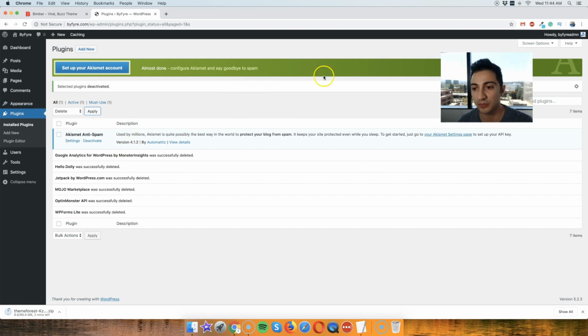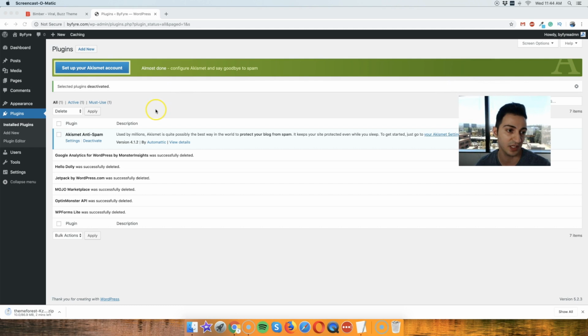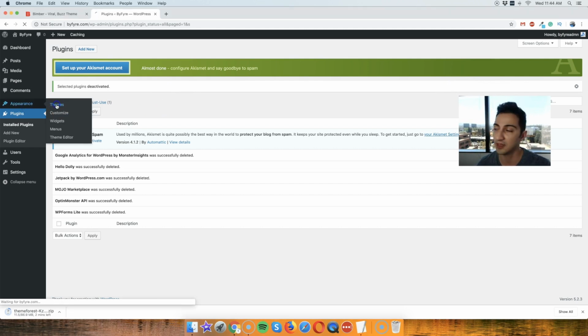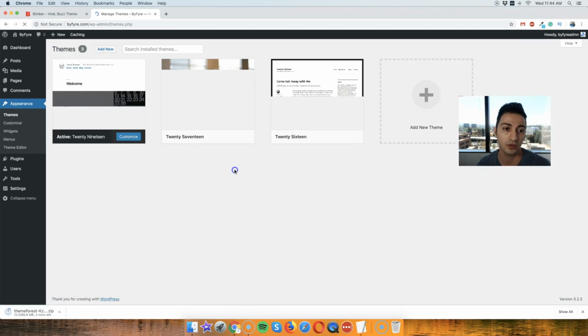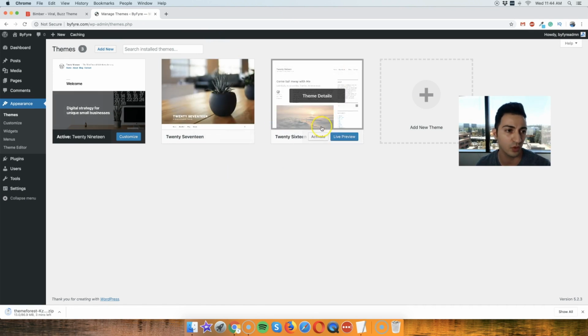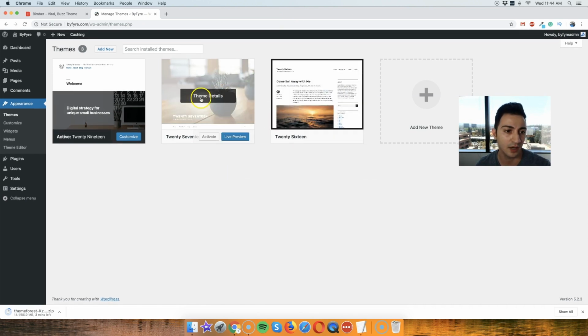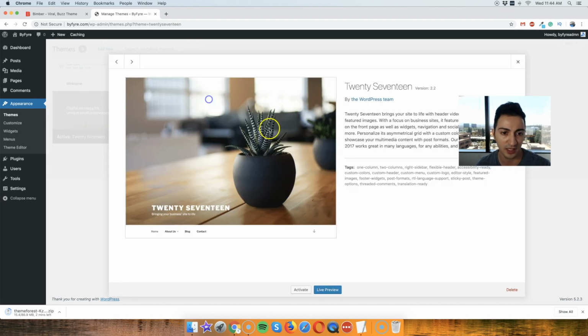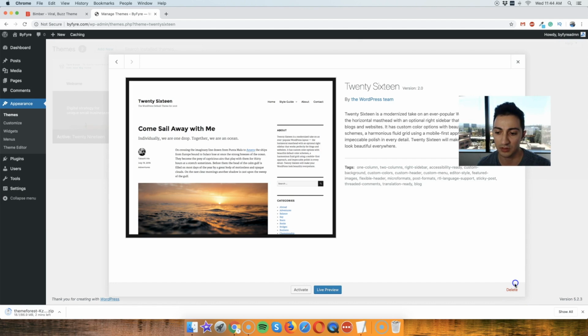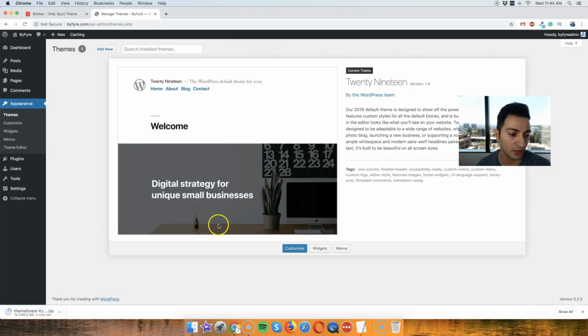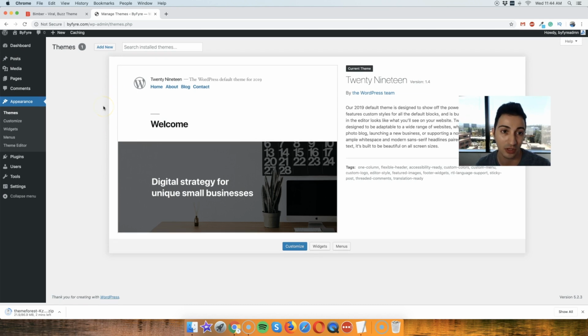So the first step to installing the theme is basically going to appearance and themes and basically just installing it. So I'm just going to delete the old ones, the ones that they already have here for you. So this is in use, so we can't delete that. So I'm just going to delete this one and delete this one. Okay, and yeah, so while that downloads, I'm just going to wait for that thing to download, and then I'm going to show you how you install it.